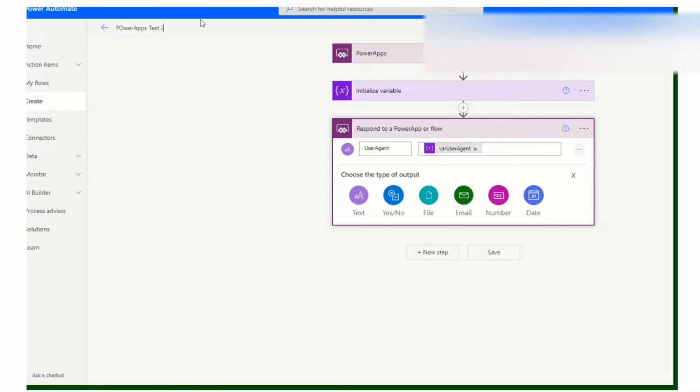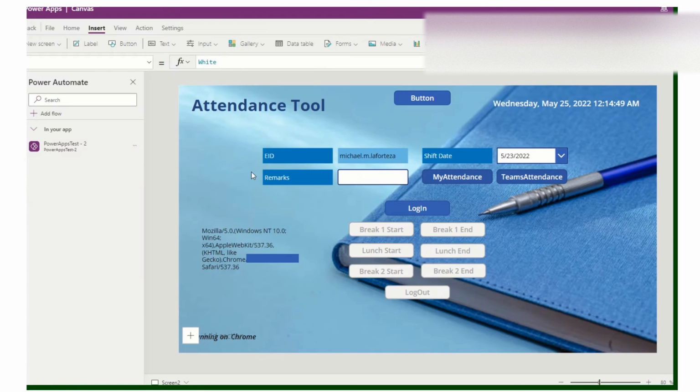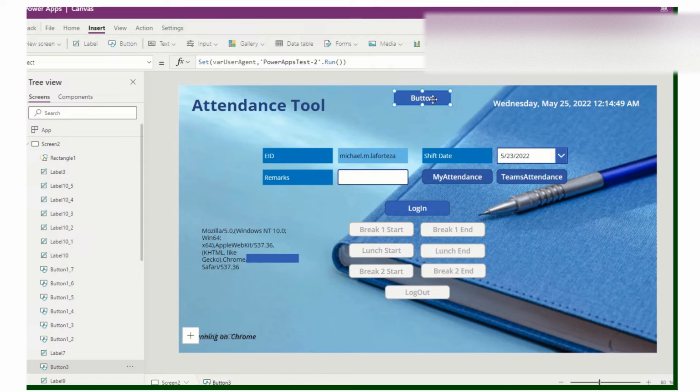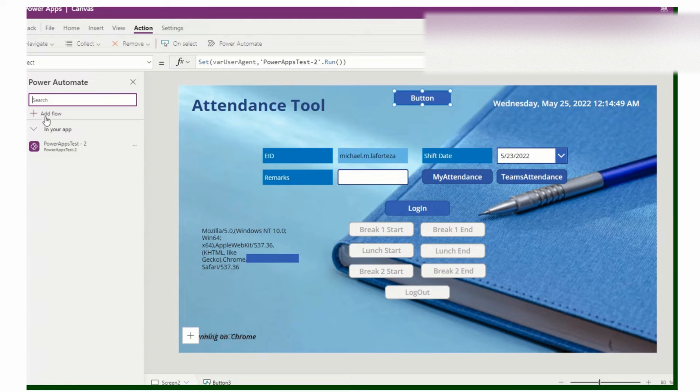Okay, so when you save it and test, let's go to Power Apps, and then let's create a button. I created a button, and then go to Action, then Power Automate, click Power Automate, and then add that flow.